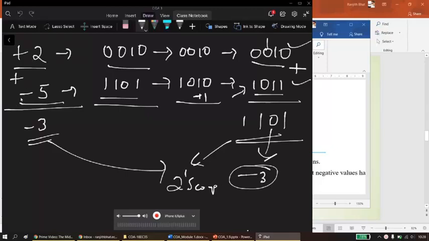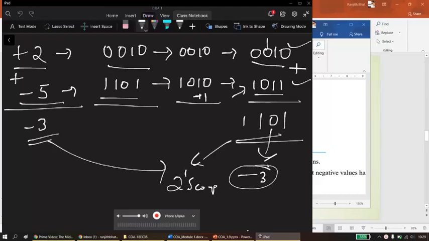So positive 2 minus 5, we are going to take only the MSB 1 as the negative symbol, and the rest of the things are as they are, as simple as 2 written as 0 0 1 0 and minus 5 written as MSB 1, and the rest as it is. So we are not going to directly add this. I am going to repeat the whole procedure again. We are not going to add the magnitudes, we are not going to add the 1's complement. What we are interested in is only the 2's complement. So this is what we are going to get, and this answer is in 2's complement form.